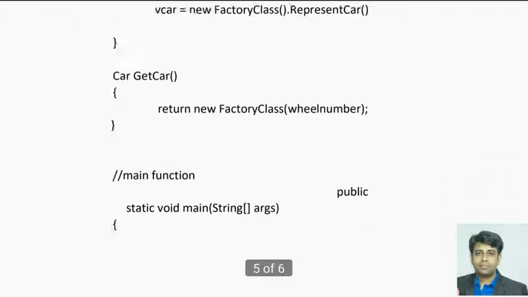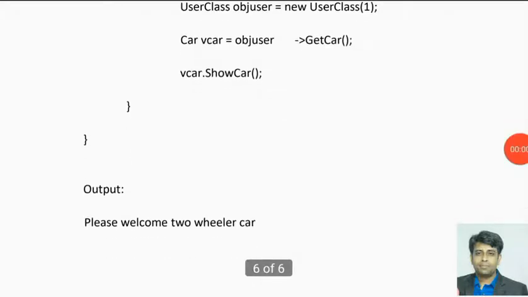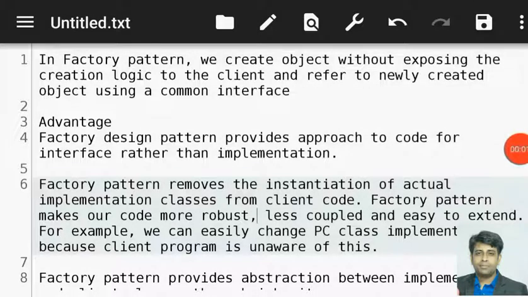So now this is loosely coupled, and the code I have written is implementing the factory design pattern, because the additional class, which was named factory class, is really a factory class. So now it is implementing the factory design pattern. Now we need to learn something about the theory of the factory design pattern.